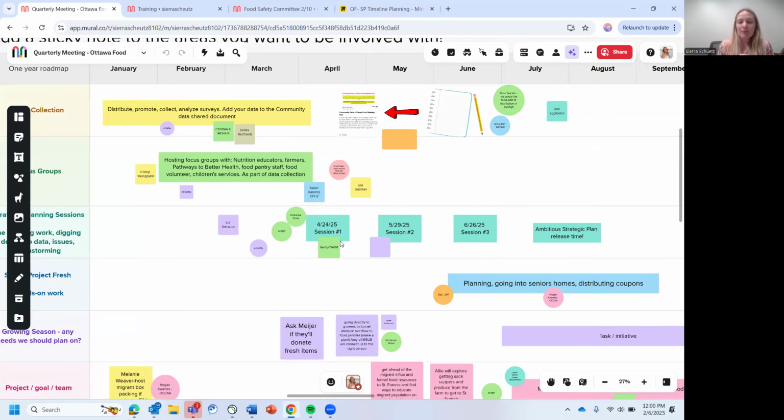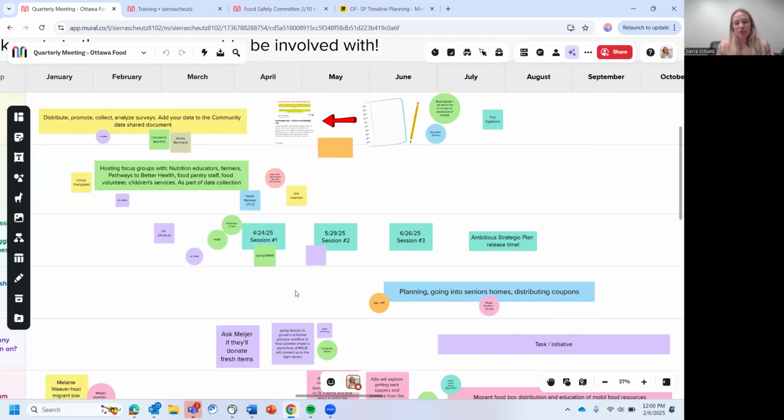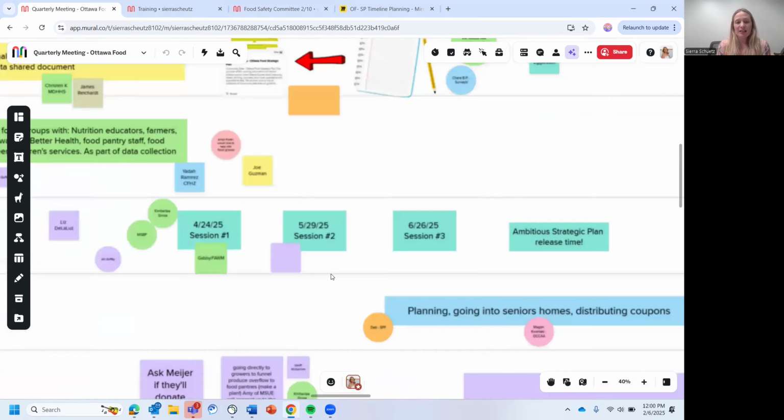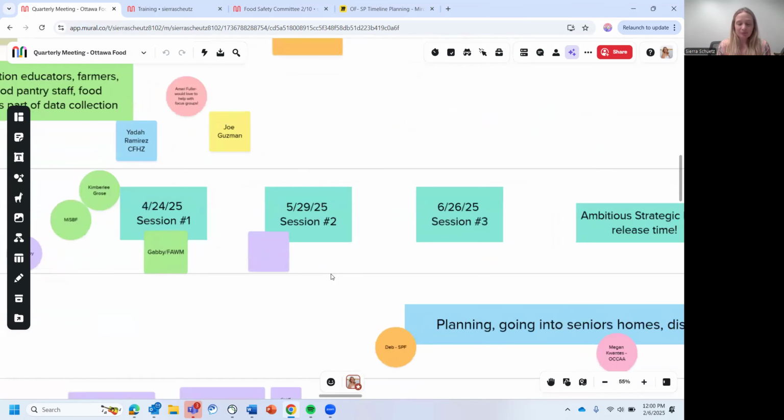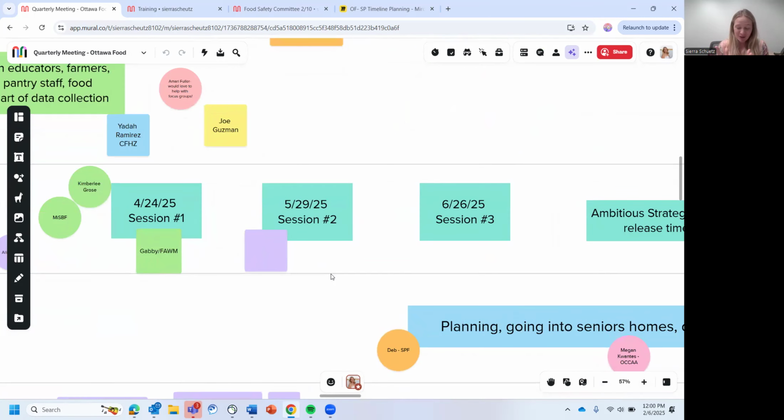In this light blue here, we've got some information that's really important. And these are our dates for strategic planning. My ambitious goal is to meet every month for 3 months. This is to try to help Ottawa Food members' minds stay focused in strategic planning so that we can create a really robust plan,